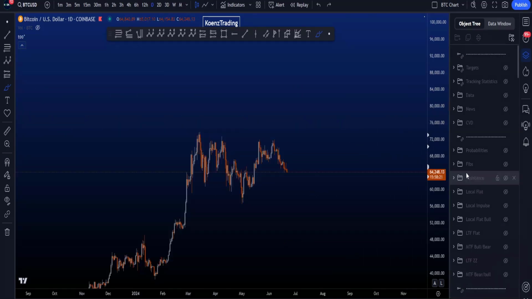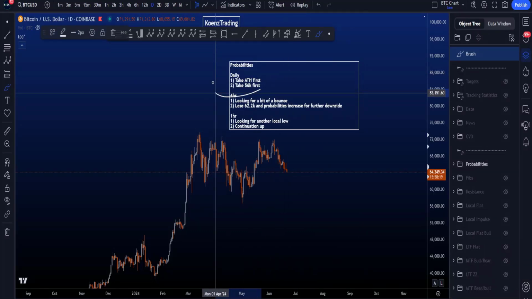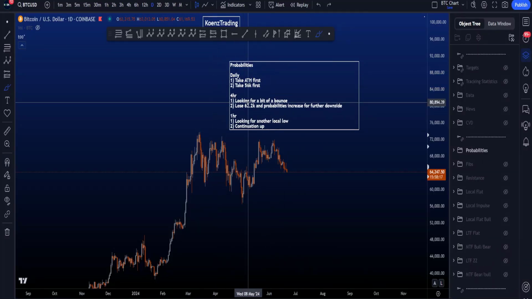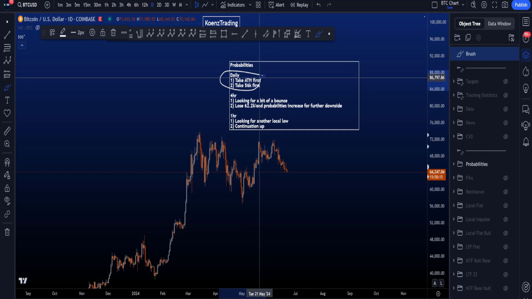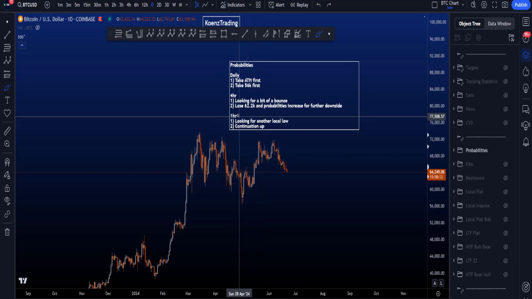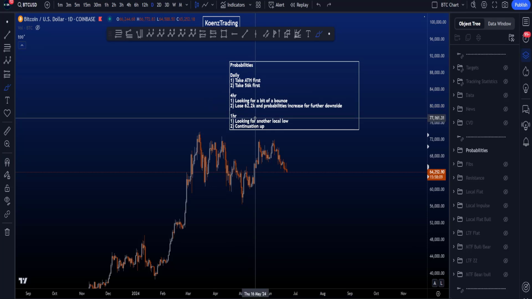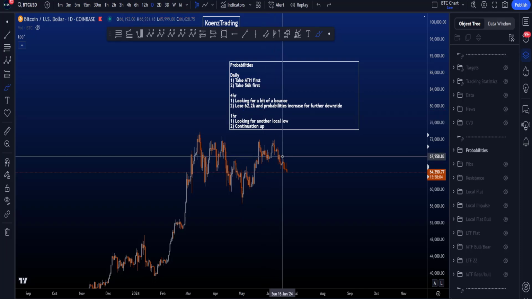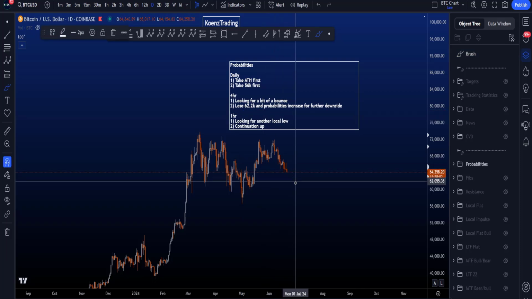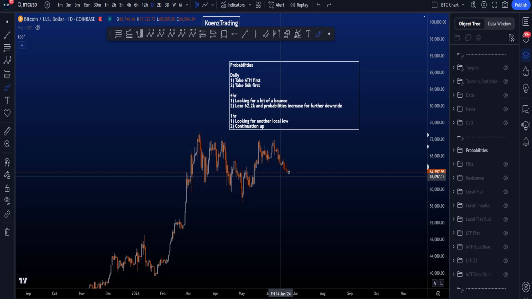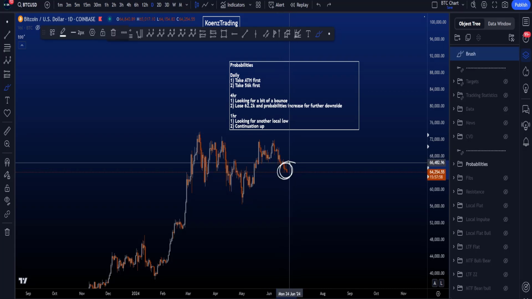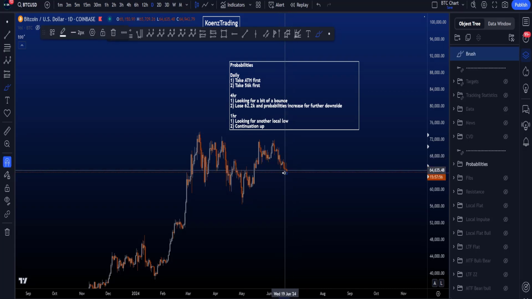And if we then look at the probabilities of the different scenarios, then on the daily time frame the probabilities for now remain higher to take the all-time high first before taking out 56k first. On the 4-hour time frame, the probabilities are higher to still look for a bit of a bounce soon, but if we do lose 62.2k, the probabilities do increase for a further move towards the downside, and on the 1-hour time frame, the probabilities are higher to take out the low,